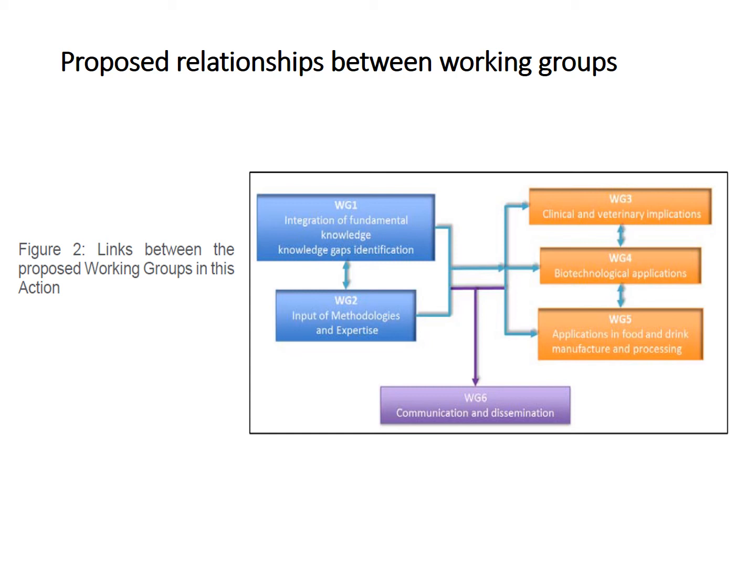And this linking of activities is going to be really very important. So what I've shown is that all the groups are connected to each other. The first 2 groups are to do with knowledge and methodologies. The second 3 groups, working groups 3, 4 and 5, are to do more with content. And then working group 6 in part is responsible for making sure that information flows smoothly between the working groups